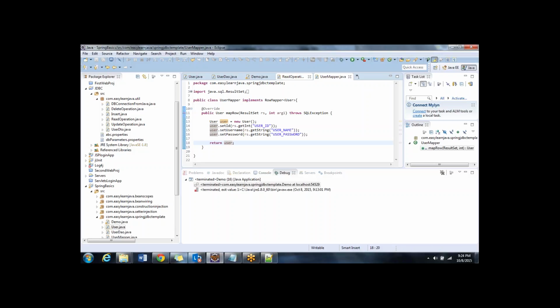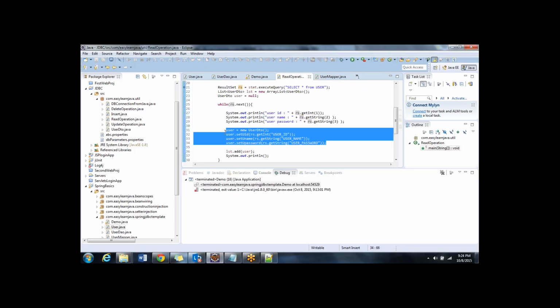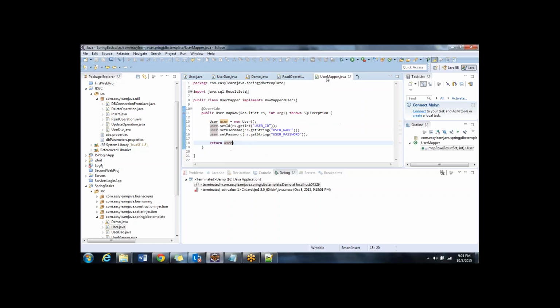So what is it that I'm doing? Instead of mapping it in the same class, which we did in the JDBC program, I'm trying to remove that logic and do the same thing in here. Okay,